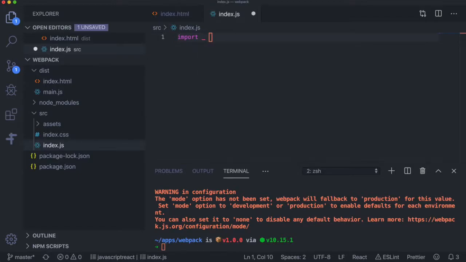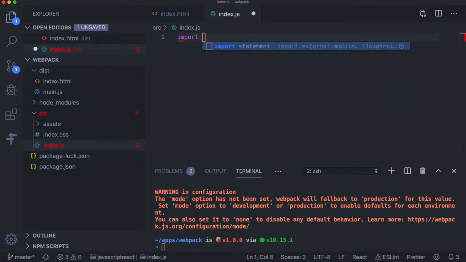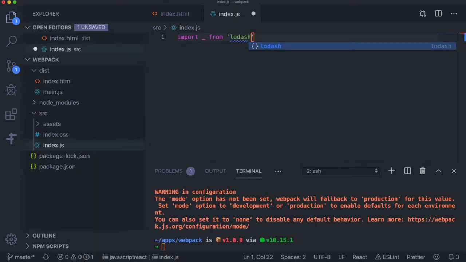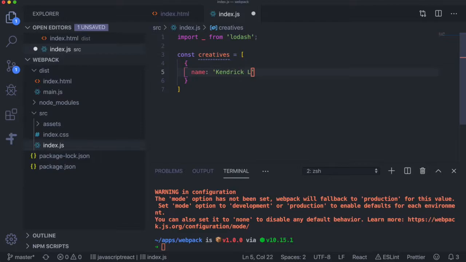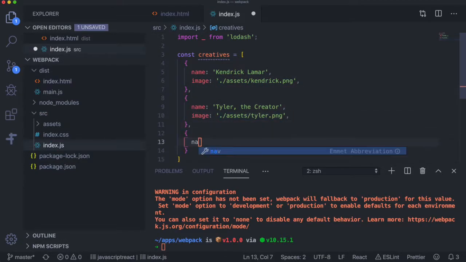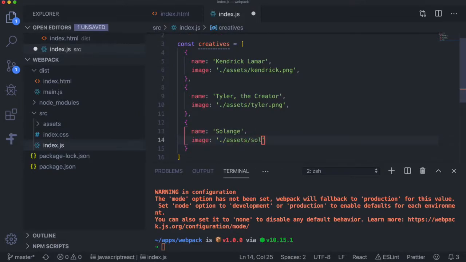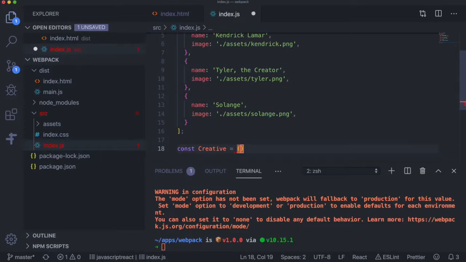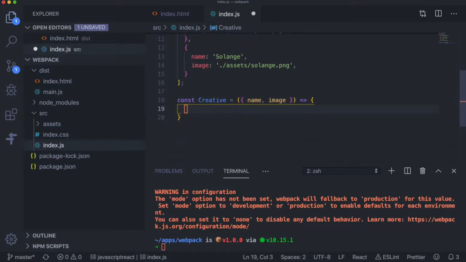Alright, bear with me, but I'm going to type up quite a bit of code. I'll start off by importing the package Lodash, which is an amazing library that makes handling objects in JavaScript so much easier by using declarative programming. After that, I'm creating an array named creatives that includes a name and image property for each person that I'll present in my site. Because I saw each creative as a type of component or class, it made the most sense to create a function named creative that takes in one argument, but later internally destructures out the name and